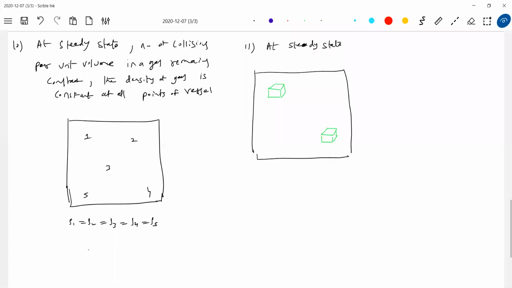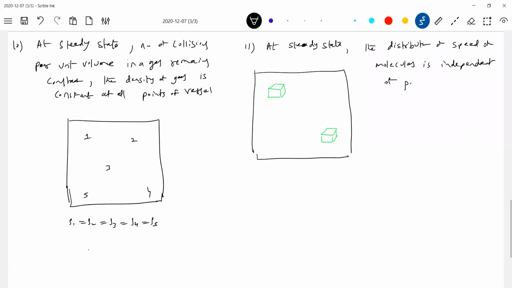At steady state, the distribution of speed of molecules is independent of position, time,